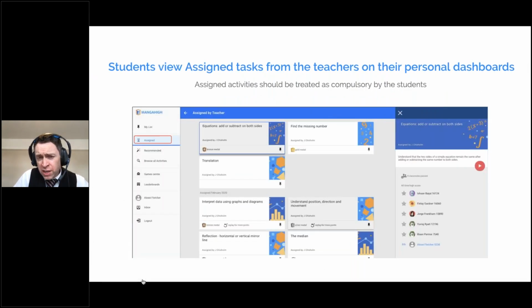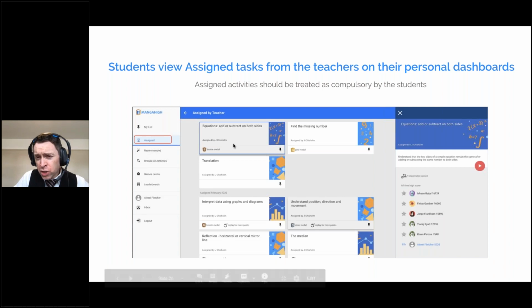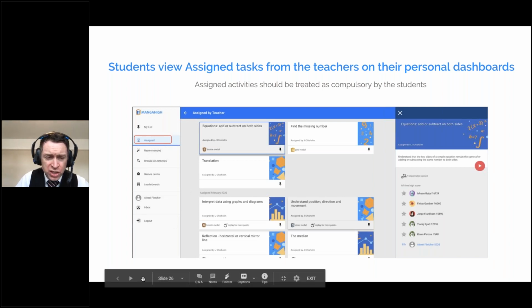Once the students have logged in, what they will normally see at the top of their page is the activities that you have assigned them. Now, it's possible they could be doing a lot of independent activities as well, trying things on their own. So if you want their view to be restricted only to the things that you've assigned, then you'll need to encourage them to go to the assigned option. You can see on the left-hand side here, assigned, that's one of the options they can go to, and that restricts their view to only the things that have been assigned by the teacher.